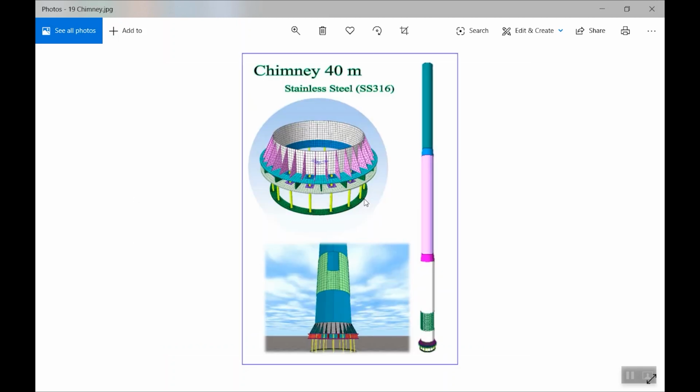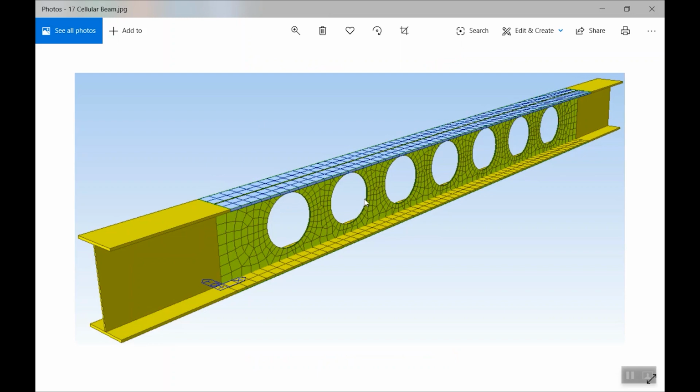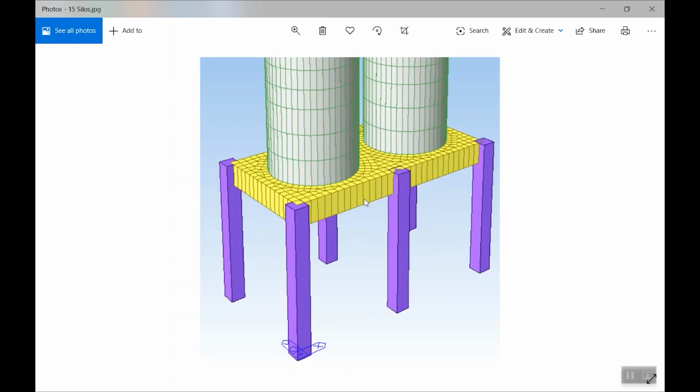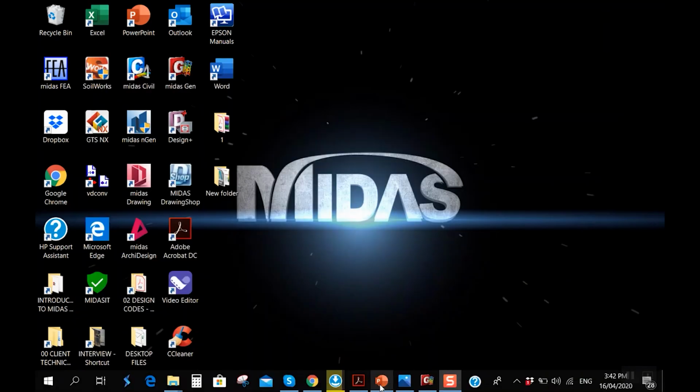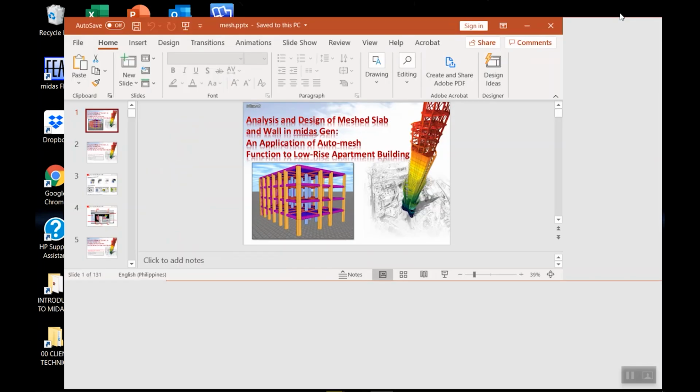For the chimneys, as well as the cellular beams, the silos, and the mat footing, separately modeled and designed. So, going back to our presentation,